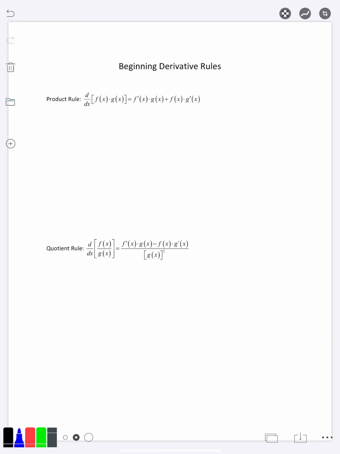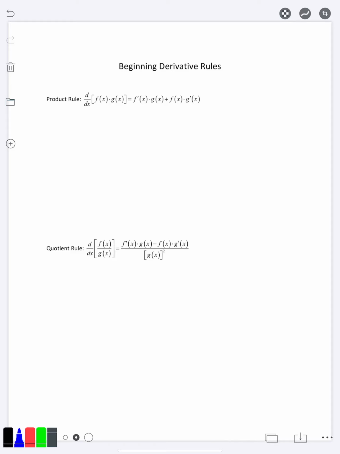The next two rules that we're going to learn for derivatives are called the product rule and the quotient rule. We're not going to be able to see the hard examples of these rules in this section because we haven't covered a variety of function derivatives yet, but we are going to use these rules in more than just this section. In fact, pretty much from here on out, we're going to keep using product and quotient in just about